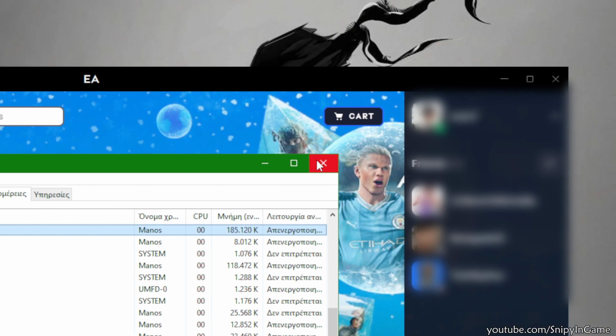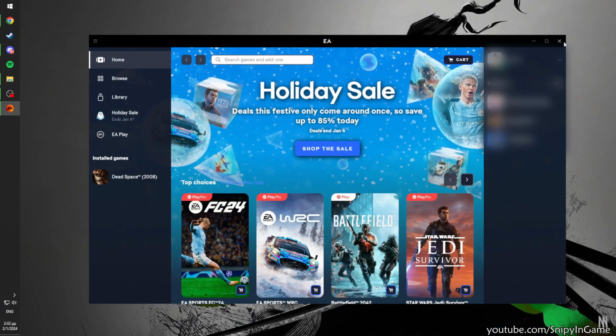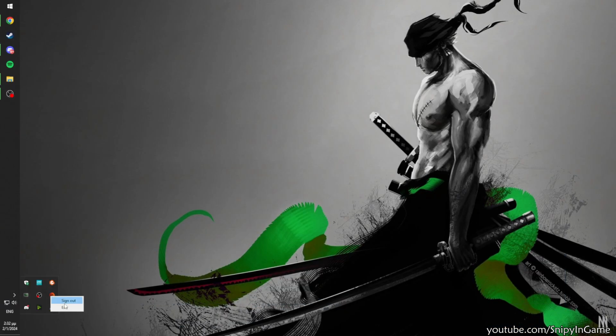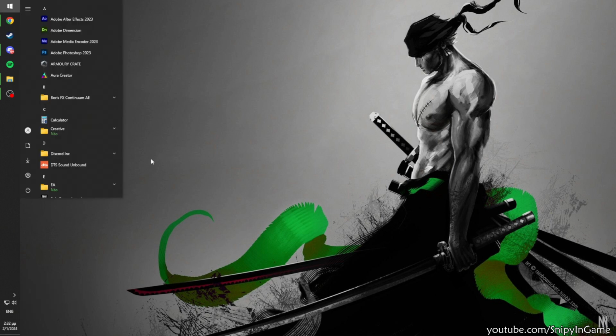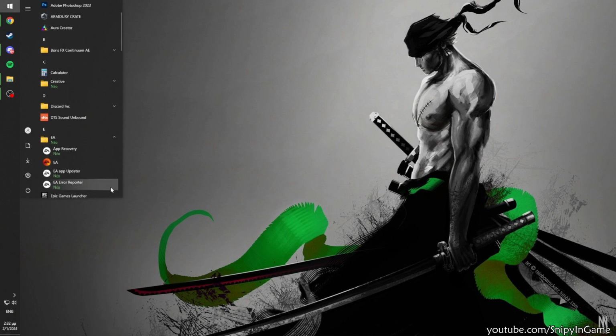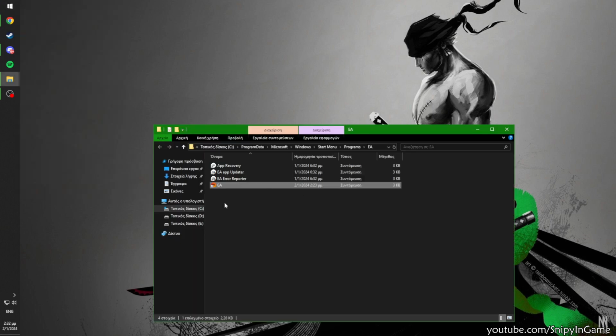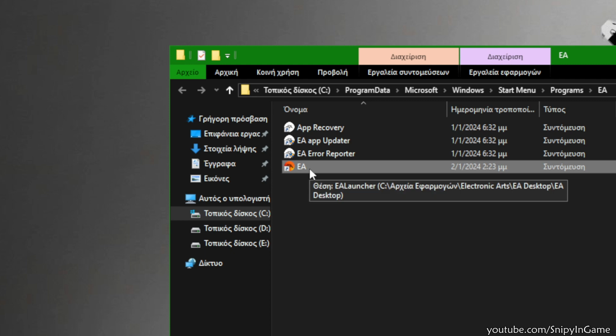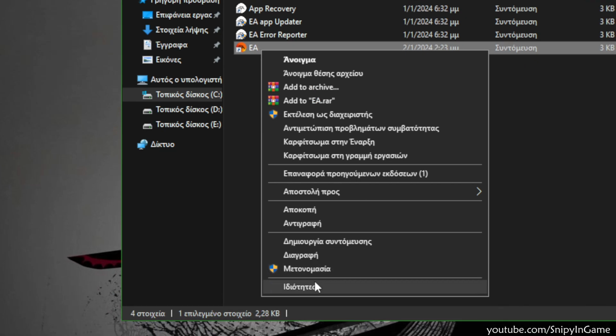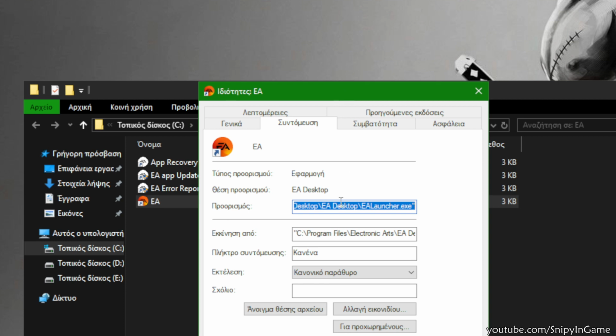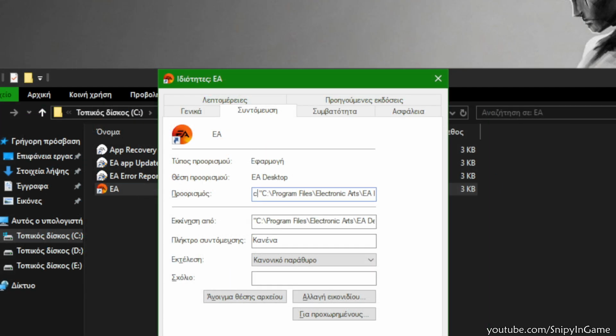So we close this one. We also make sure to close the EA client completely. And then we are going to find the EA client shortcut. Go here, we open the file location, and here it is, the EA client shortcut. Right click on it, properties, we go here on the highlighted text box, we go all the way at the left, we hit space, left again, and we type cmd.exe